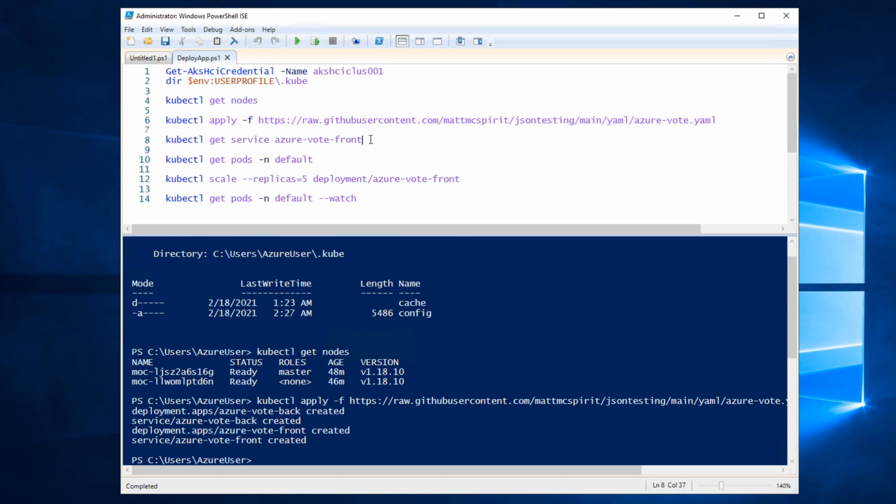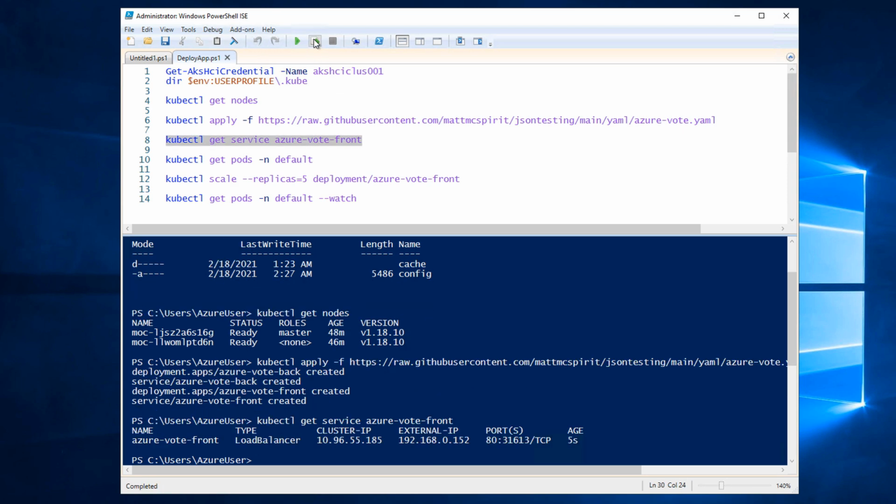And then that's going to essentially instantiate the new services in the environment and start the deployment off. You'll see that if I run this get service command, specifying the azure-vote-front as the argument there, that's going to return that actually we've already established the service now. It was really quick, and you're going to access that through the external IP that you'll see listed here. So that's actually something that our load balancer has allocated from our ranges that we defined earlier.